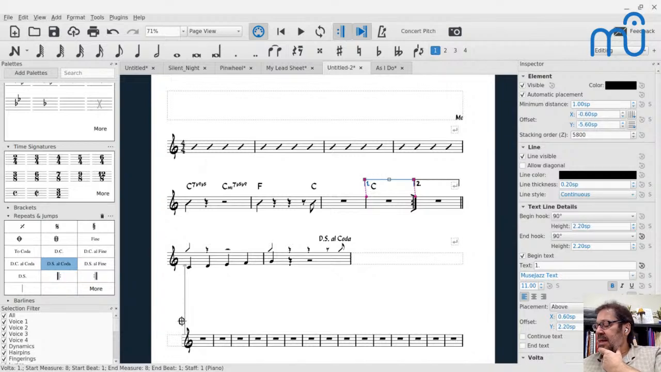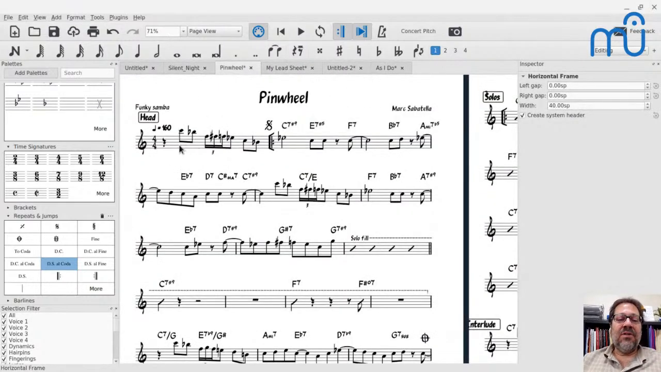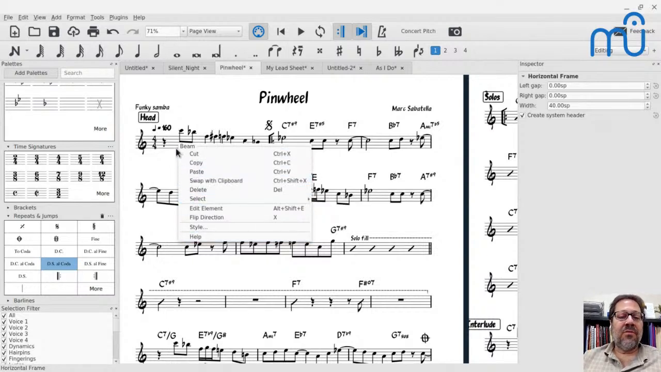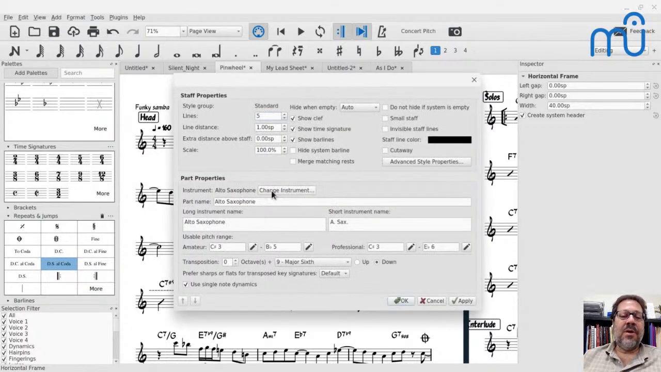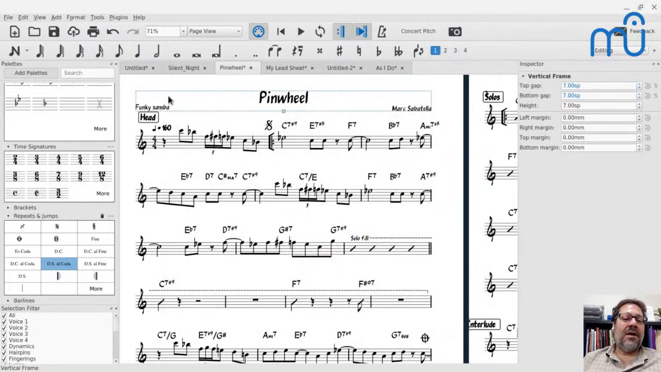So when you're writing a lead sheet and then you have transposing instruments, I personally don't do anything really special for that. I set up my score the way I want, and then I do exactly what you saw me do here. I go and say, staff properties. I guess I have to right-click the staff. Sorry. I go to staff properties, change instrument, pick my instrument, and then come up here into that title frame,